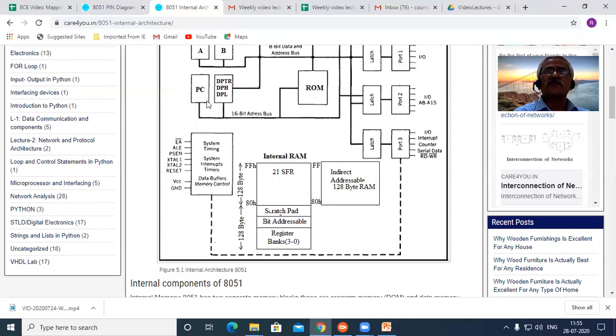Once the instructions are fetched from the microcontroller, they are decoded and necessary timing and control signals are generated, so that the operations of the ALU or other units are controlled by the respective timing or control signals.